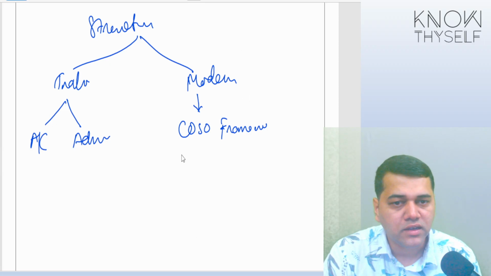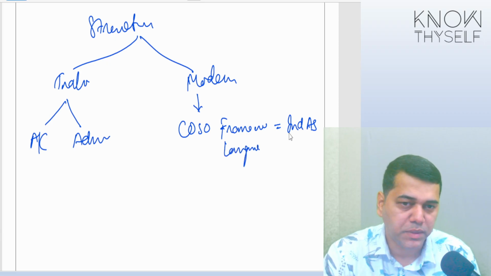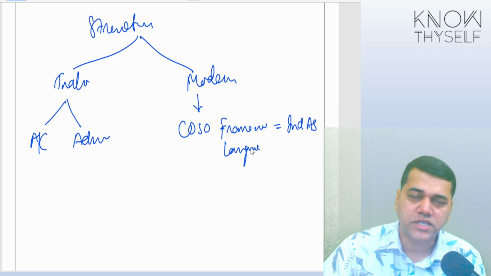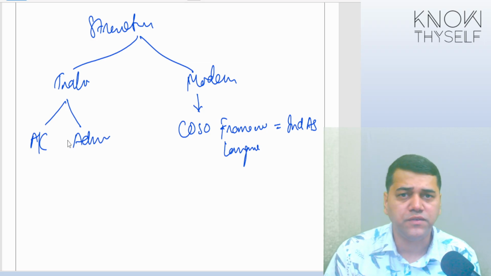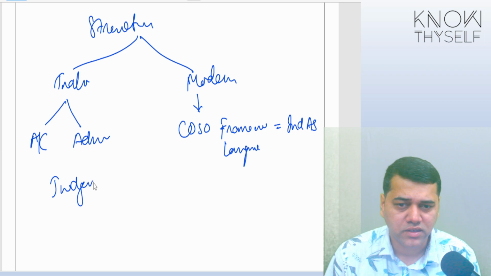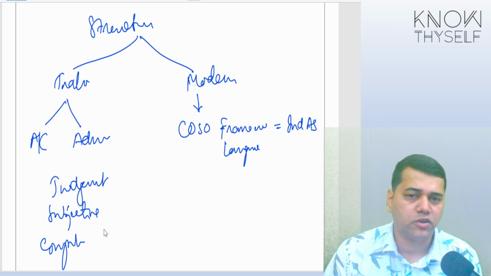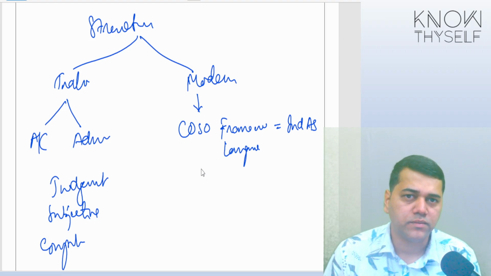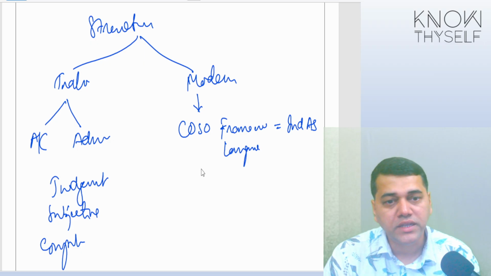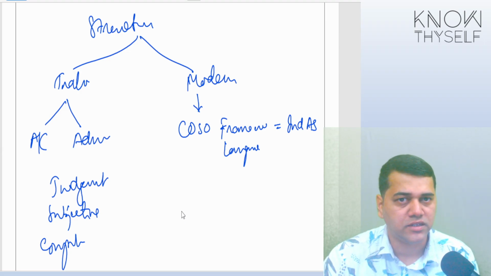COSO framework is like a language which people understand. Now, how you would have established internal control, what factors you consider, what you didn't consider. See, in the traditional approach, it's very difficult. It becomes too much judgment. It is too much subjective. And on top of it, there is the complexity also, because your organization, your operations, these are all complex. But now, after 1992, they brought one document and a systematic way to implement the internal controls, and auditors understand it, management understand it, internal auditors understand it, investors understand it.